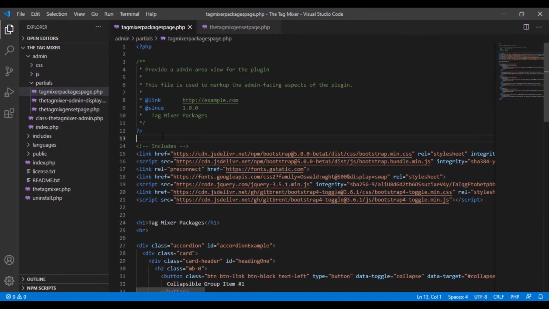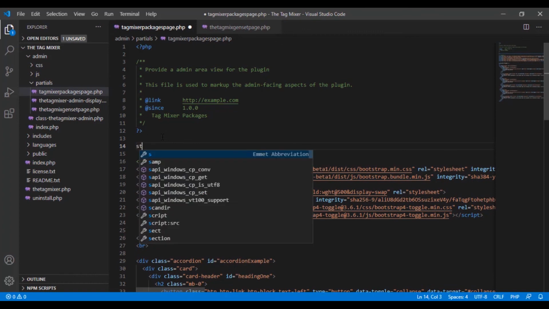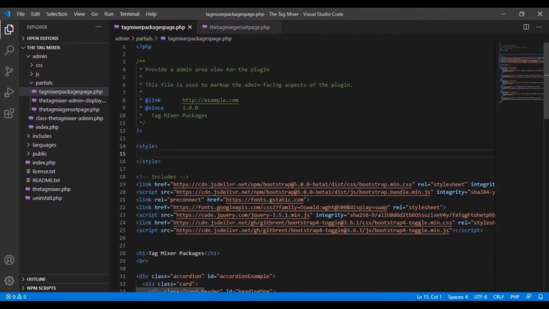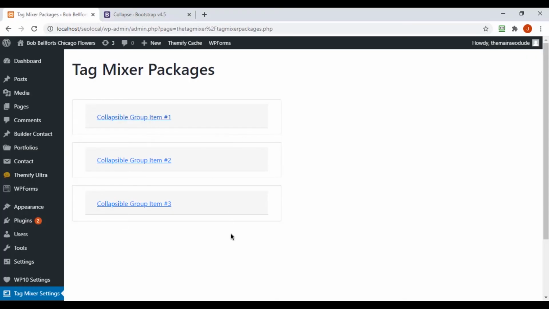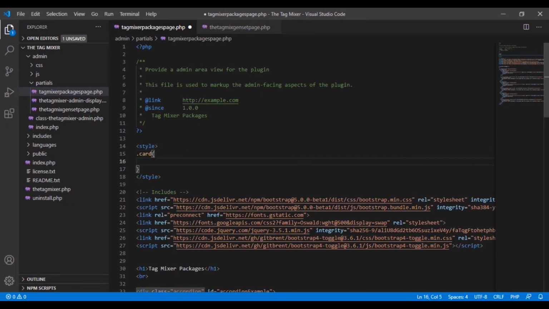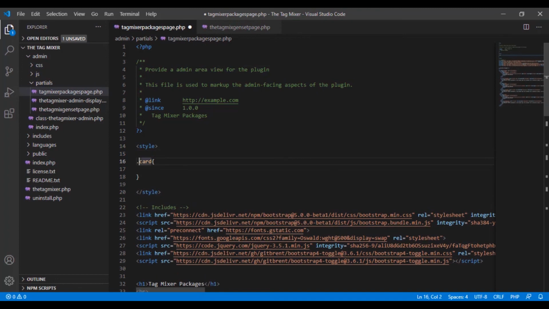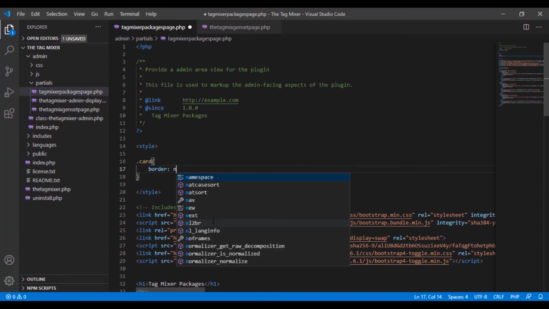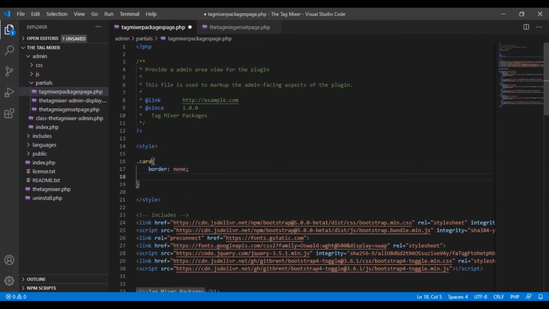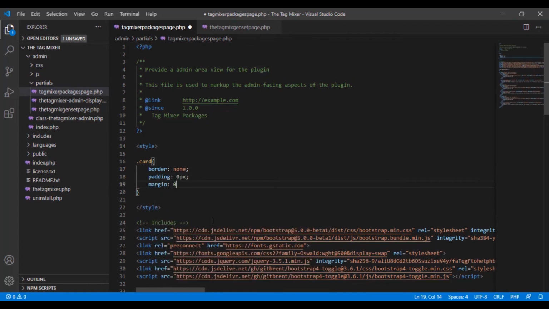The way we can do that is we can jump up to the top and do some in-page styling. I'm not usually a fan of doing this, but in this particular case, it's not a big deal. The class that actually manages these is called card. So we can override that class inline like this, and now we have an inline style for card. The things I'm going to do is take away that border and make that none. And then the padding, I don't want any padding because you see how they're so far apart. Their margin is extremely far apart,